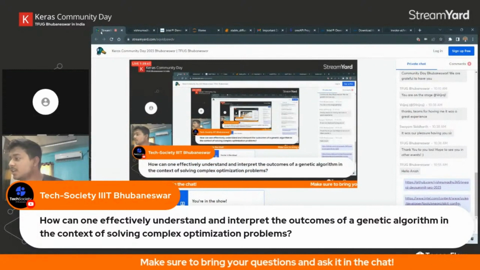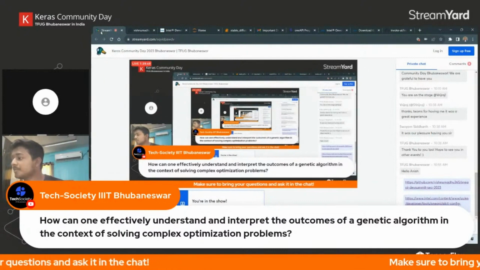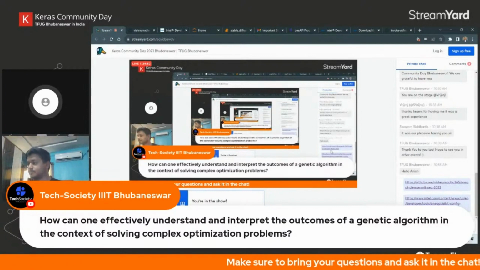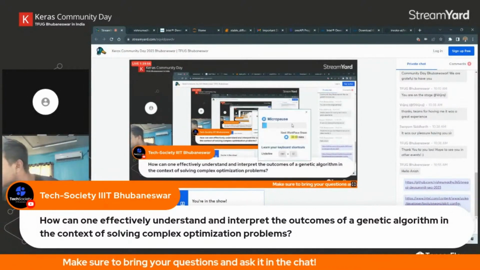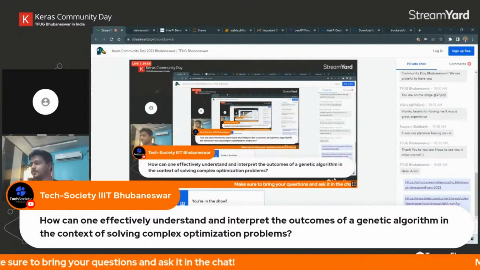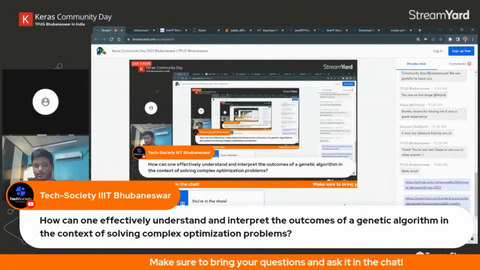How can one effectively understand and interpret the outcomes of a genetic algorithm in the context of solving complex optimization problems? Did he mean genetic algorithm or generic? Genetic. Yeah. I'm not sure if he actually meant genetic, but if you are meaning to use generative AI for